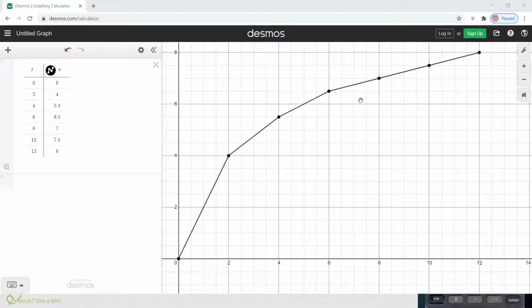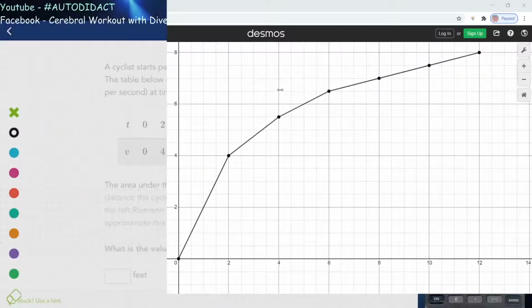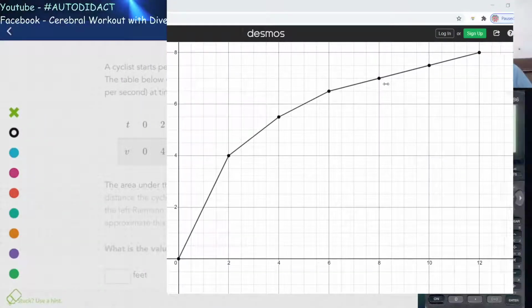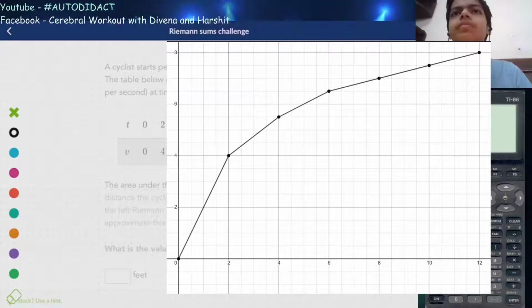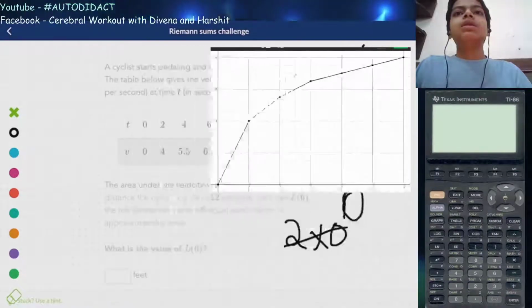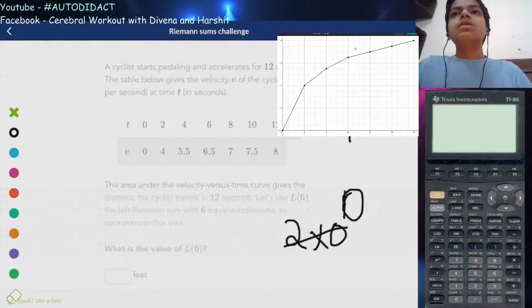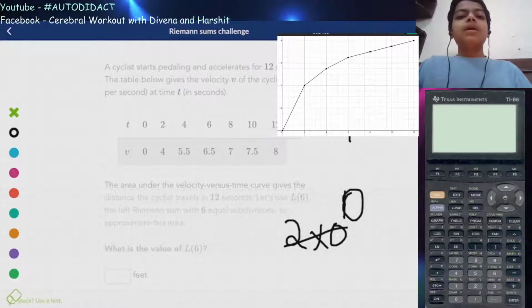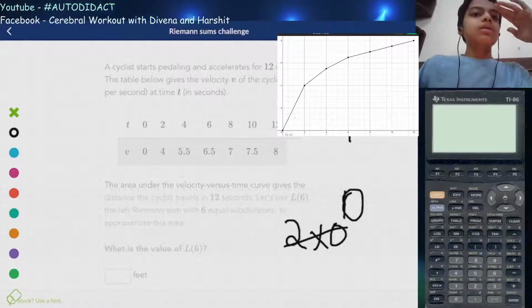Yes, in this one we can see that this is the graph of this table. Okay, so we will just see this time. So this is the graph of this one, and we can just see that this is (0, 0), and this